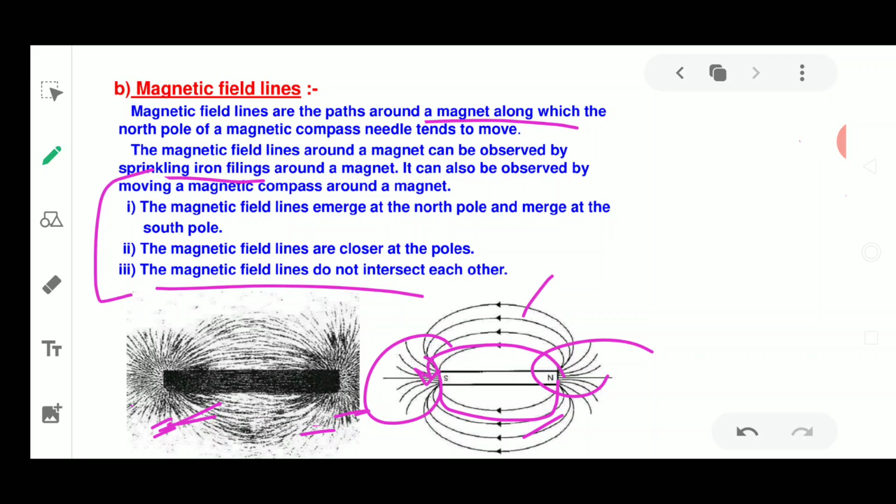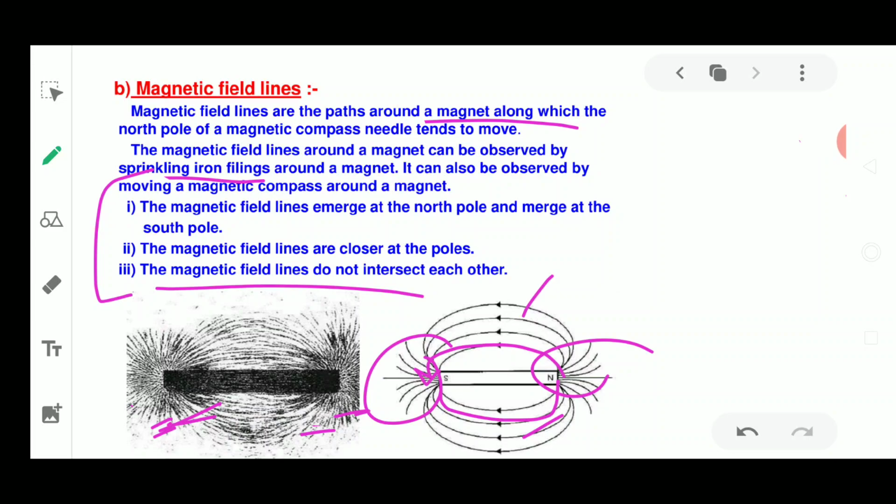So we have discussed the history of magnets today, and I have also told you some topics which will be discussed. We have studied the various types of magnets, which have certain properties, that also I have told you. Next we have studied the magnetic field and magnetic field lines. The magnetic field is the area around a magnet where you can experience the force of attraction or repulsion. Next we studied magnetic field lines.